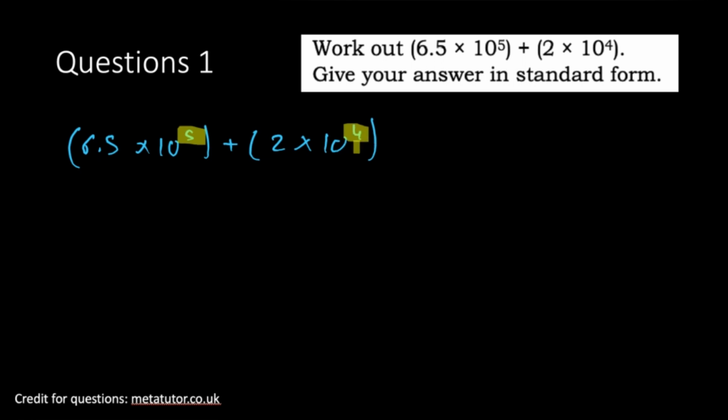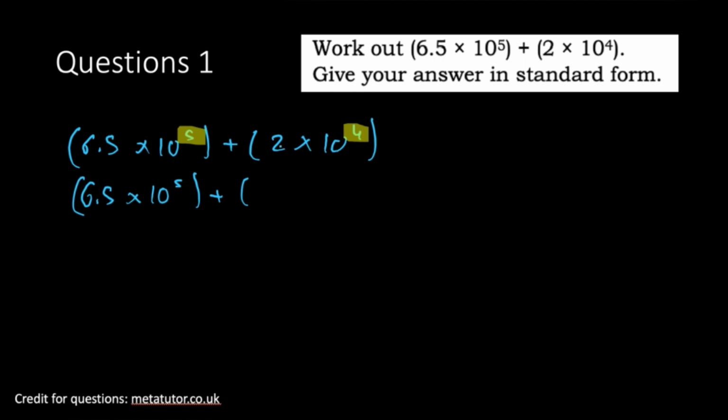If these powers were the same, then we can easily calculate it without using a calculator or without expanding any of these brackets. So the first thing you would have to do is to convert one of these powers so that it's identical to the other one. So let's say I want to convert 10 to the power 4 to 10 to the power 5. So I would keep this bracket the same,